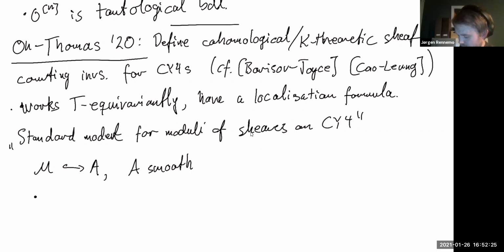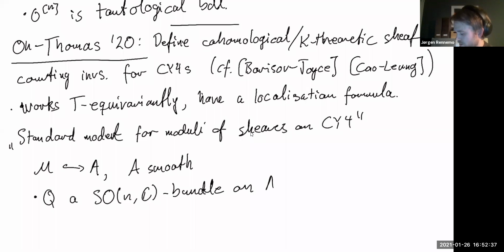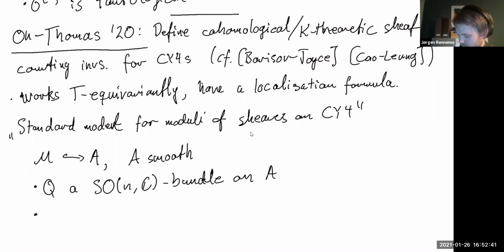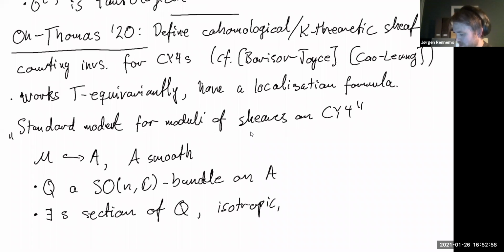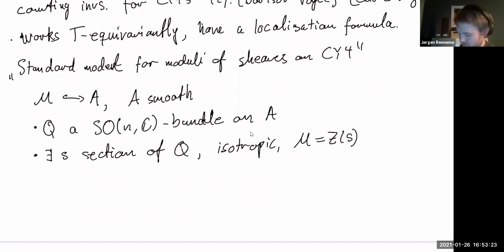So the data continues by saying you have a Q as an SON bundle on A, and there exists a section of Q, which is isotropic, and then M is cut out by this isotropic section. Previously, in the Calabi-Yau 3 case, M is cut out by an exact one form. In this case, M is cut out by an isotropic section of an SON bundle. Okay, so given the standard model,